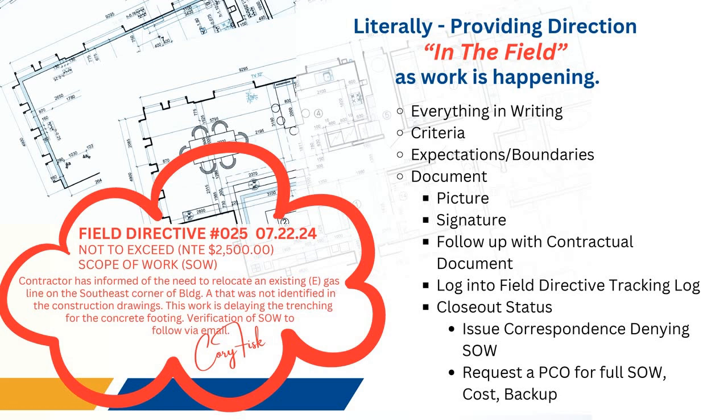Then what is the closeout status? How did we resolve that particular field directive? So this is going to help us determine if it was original scope work and a change order, or excuse me, a proposed change request or a change request was rejected. It's going to let us know if there was an RFI that went through that provided clarification of it being in the original scope, or if it did identify additional scope of work that needs to be considered in the